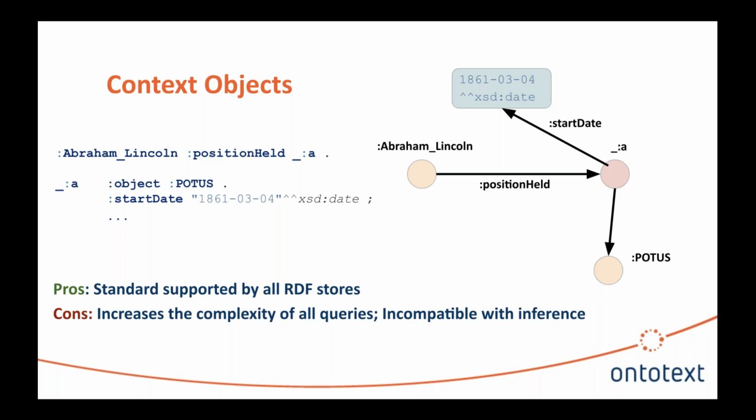Once again, this is fully incompatible with inference, and this will mess up all the rules and all the implicit statements, because the implicit statements will be basically partial, and they will be affecting these blank nodes, which hold no real value here. So the context objects, I think, are shown here for completeness, that this is another way how to do this. And let me summarize, even though RDF is a very simple model,